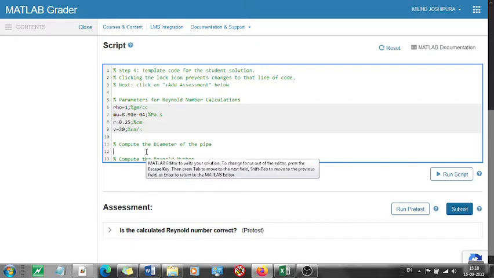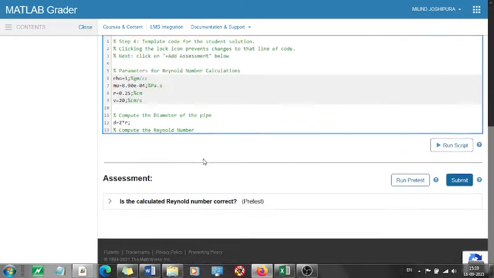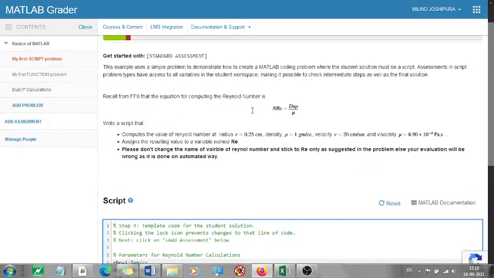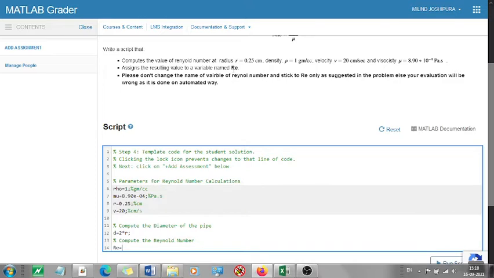So what you need to do is define a variable d, which is 2 times r. I have given you the hint that you have to calculate the diameter. These lines I have written. If I don't write them, you will have to calculate the diameter, and then your RE has to be capital R and E. It cannot be small r, it cannot be capital E. It has to be exactly like this.